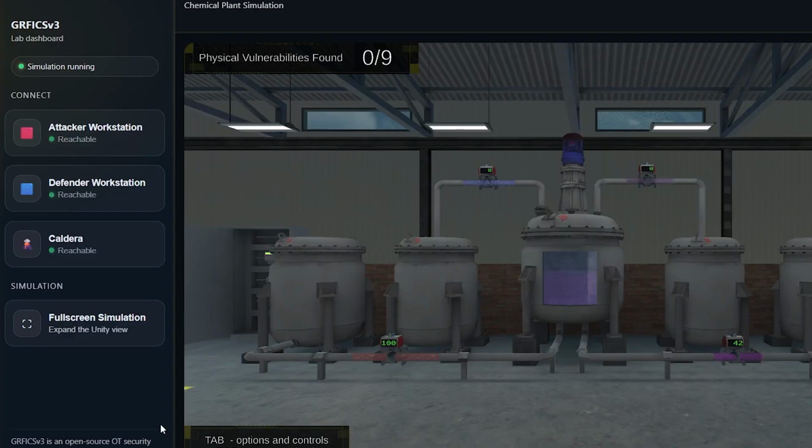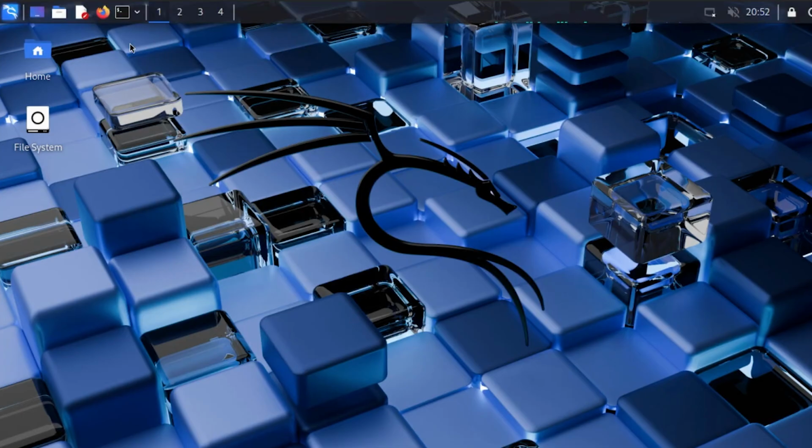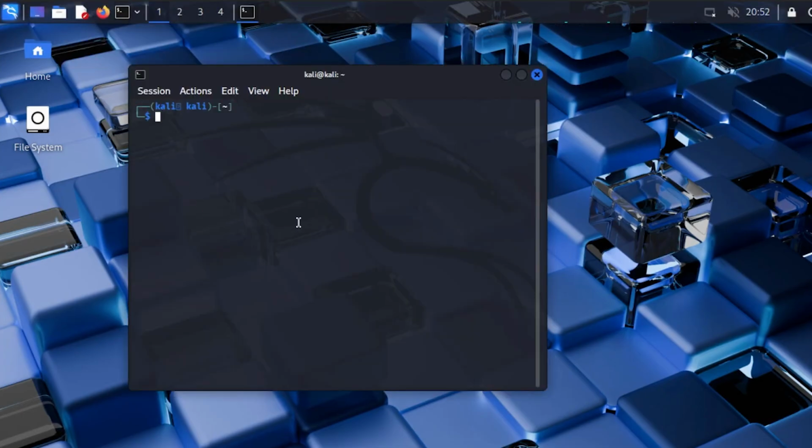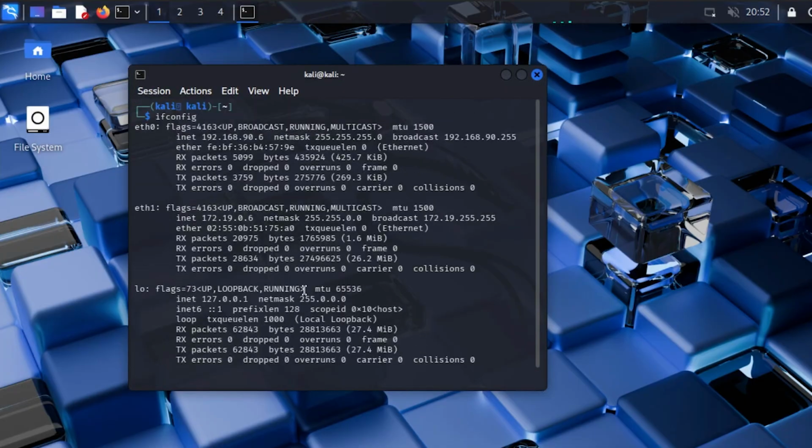First, from the dashboard, open the attacker workstation. From there, open a new terminal. Just to make sure that we are doing this spoofing and sniffing on the correct network interface, first run the command ifconfig, and then find which interface is connected to IP address